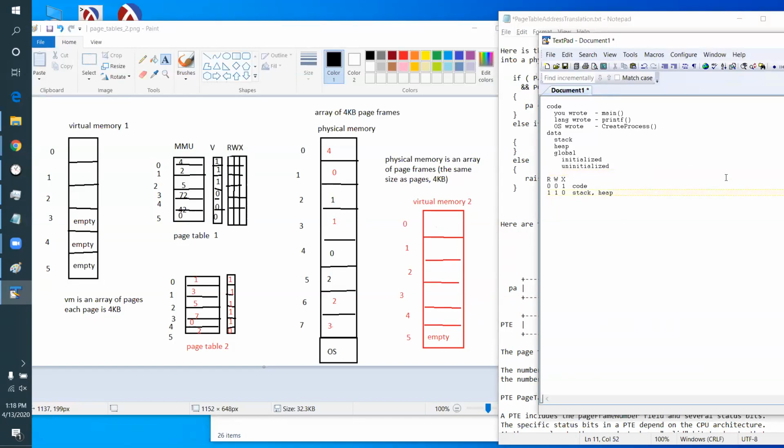Now there's another interesting bit you can put into a page table, something called the present bit, which is sometimes called P. The present bit brings up a whole new idea. We've been talking about a paged memory system. So we're talking about a paged virtual memory system. There's something called a demand paged